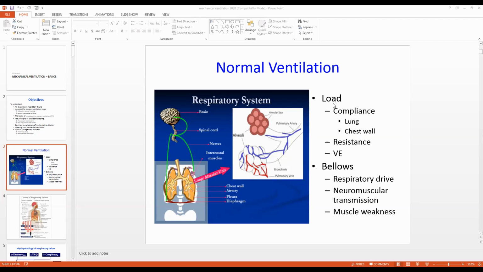So you have a certain load that you're breathing against, and that is determined by the compliance of your respiratory system, your resistance, and what kind of ventilation your body needs based on your acid-base status, the size of your body, etc. The chest and lungs act like a bellows, inflating and deflating, and it truly depends on how good the respiratory drive is, whether you have decent neurotransmission, and whether you have good muscle strength to do that. If that's normal ventilation, you can imagine where the failure can occur,